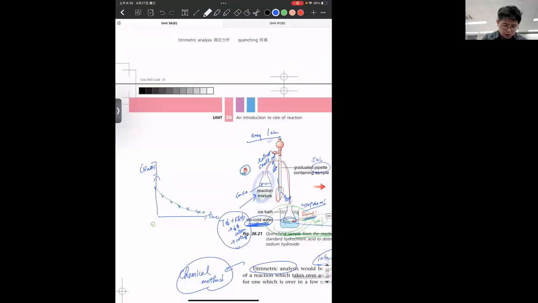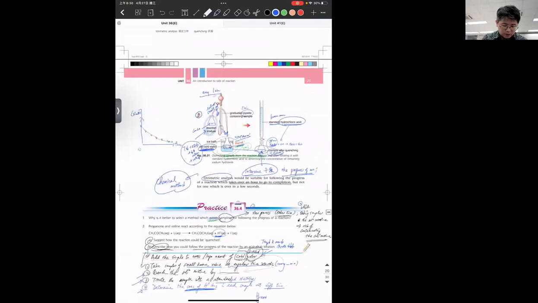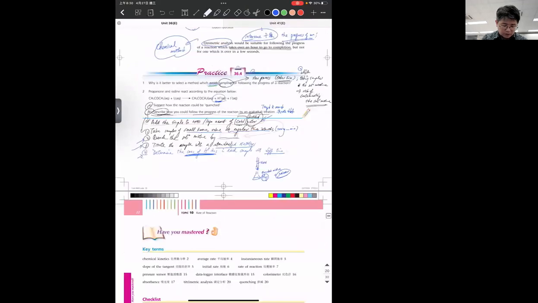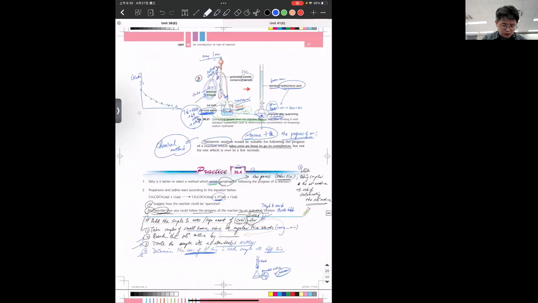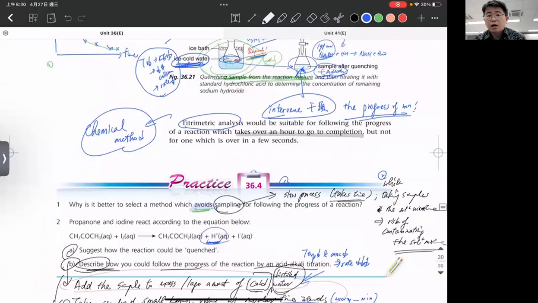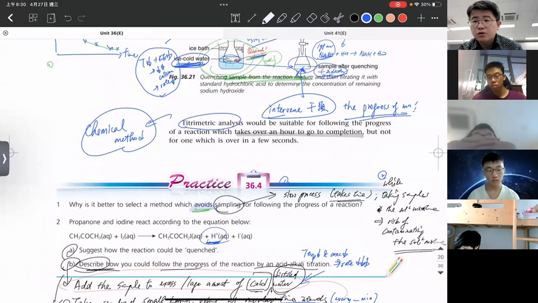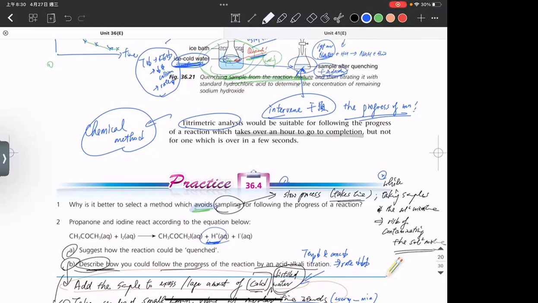Now, last time we just stopped at the very last method. It is the comparison. It is the chemical method. We call that titrimetric analysis. The core concept behind it is to make use of chemicals to determine the concentration of the chemicals formed or consumed at regular time intervals. Okay, so this is what you know about